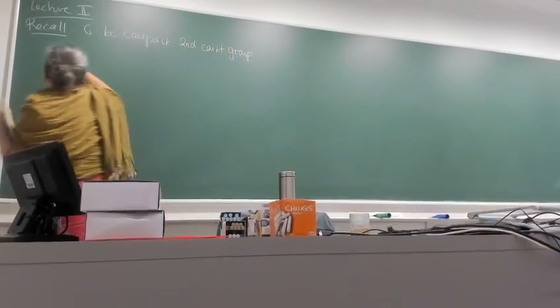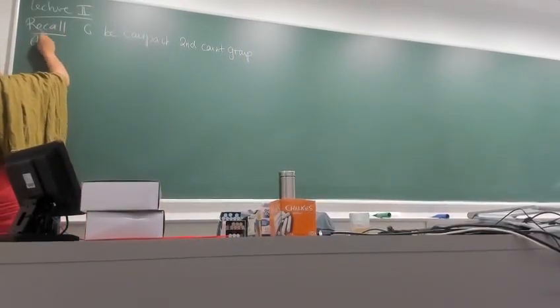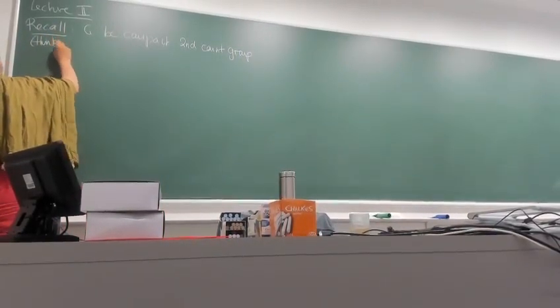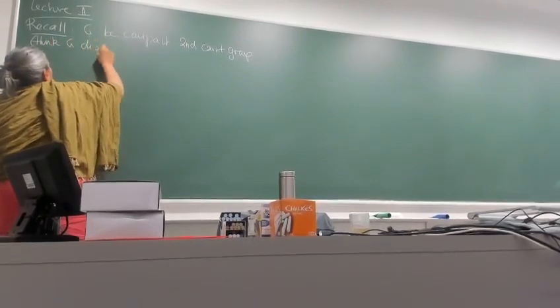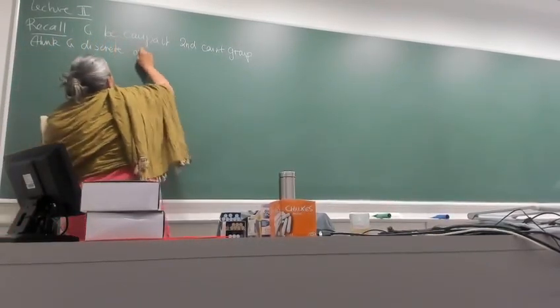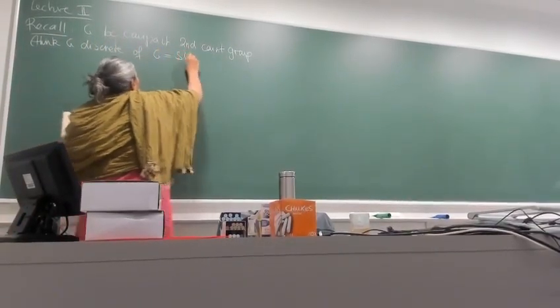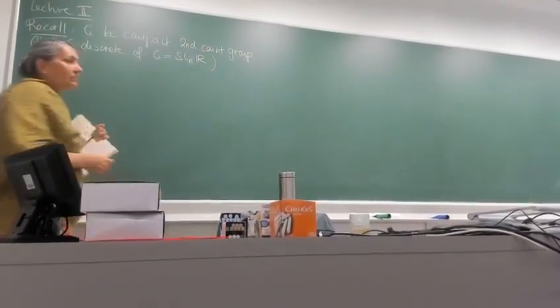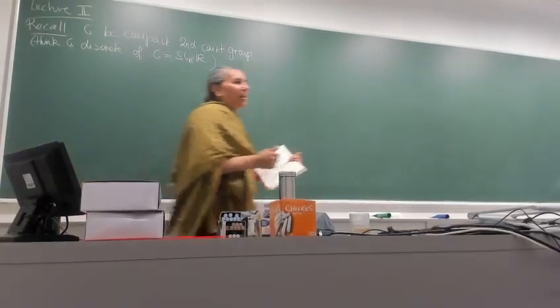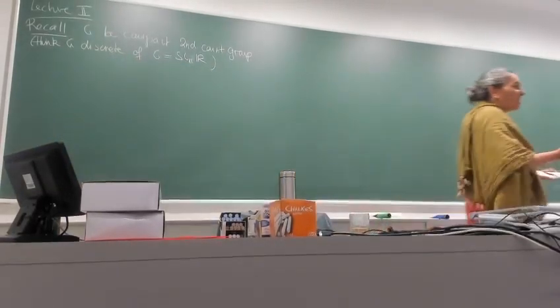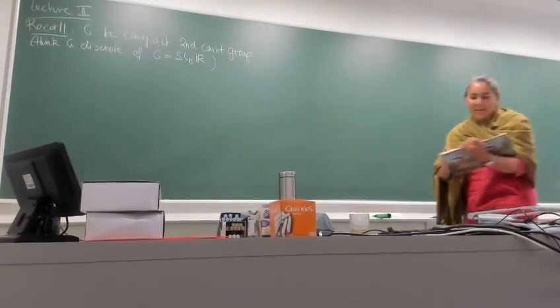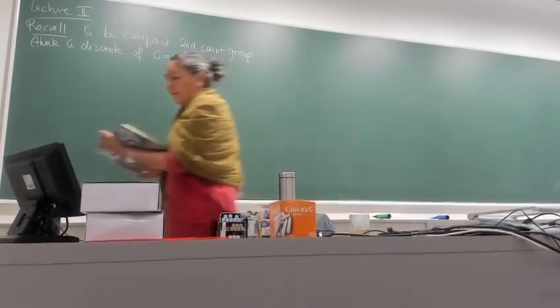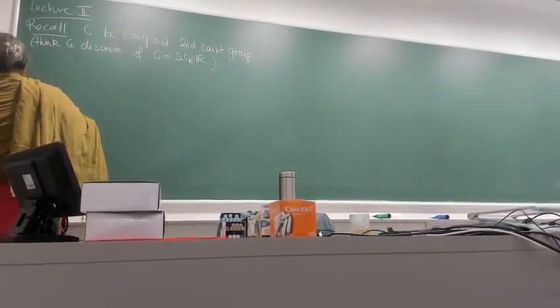And again, you can think either G discrete or G is SL_n(R) with the nice topology that comes from R^n or R. Okay,